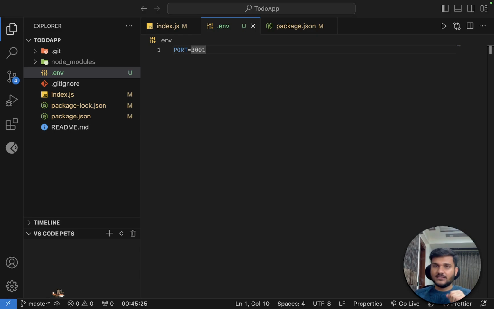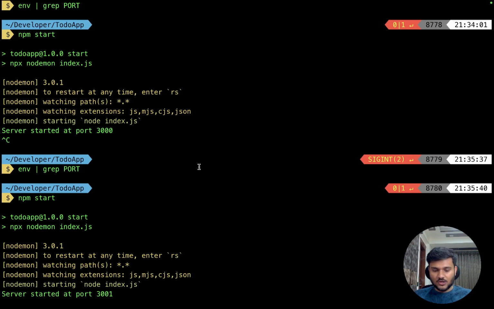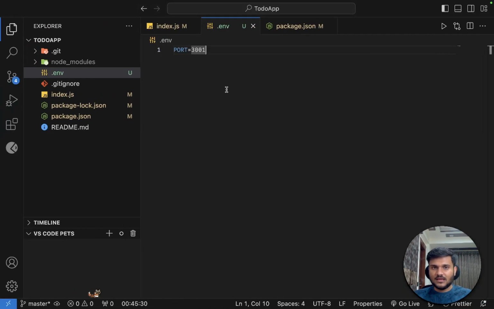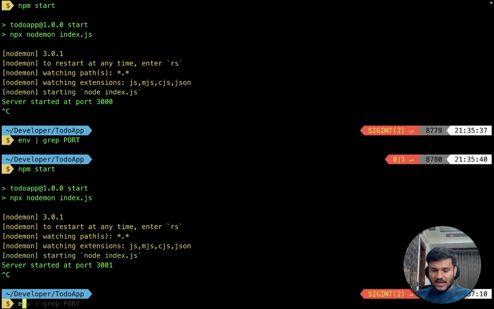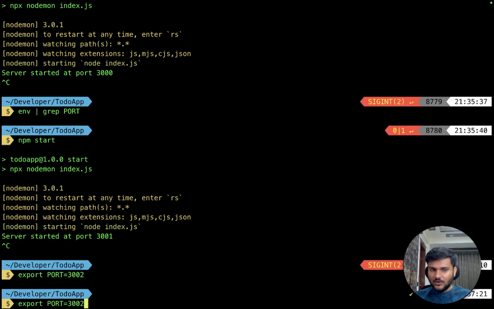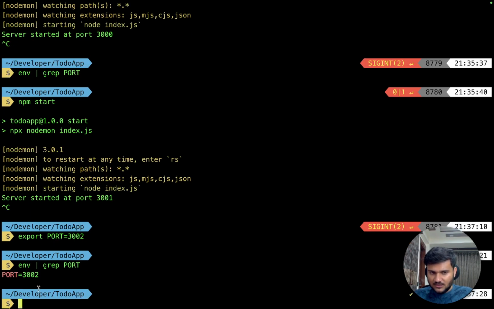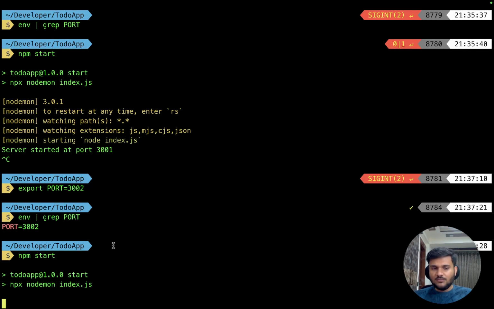Now one interesting thing, let's try to do. Let's close the server, and let's say we remove the port variable from this .env file, and let's say we manually do an export PORT=3002. Now technically we have manually configured a new environment variable inside my OS. Can you see it has a new environment variable? What do you think will happen if I do npm start? The best way to answer this is to try it. If I do npm start,